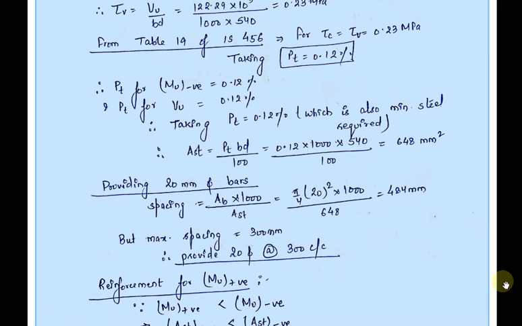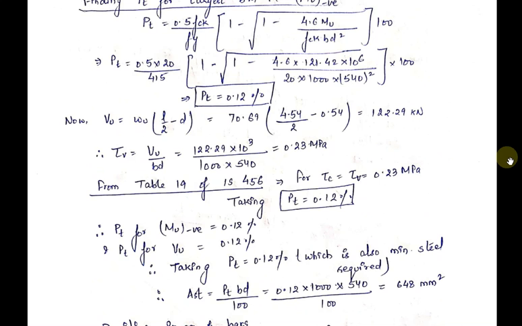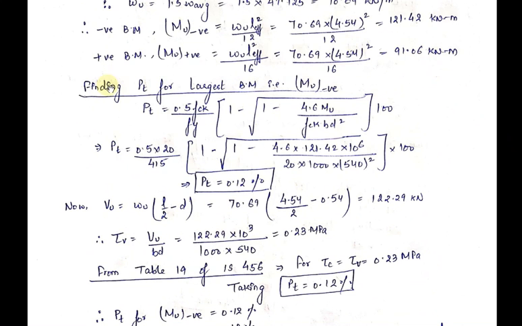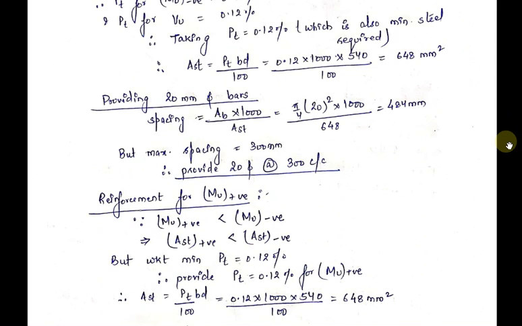So now we will provide the reinforcement for Mu positive. If you see from the above values, you will find that Mu positive is already smaller than Mu negative. And for Mu negative, we have already provided reinforcement, which is the minimum reinforcement required, that is 0.12 percentage. So even if Mu positive is smaller than Mu negative, we can't provide PT smaller than 0.12 because it is the minimum steel required. So therefore, for Mu positive also, we will provide the same reinforcement, that is PT equal